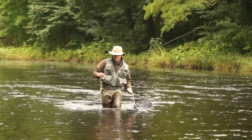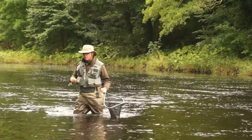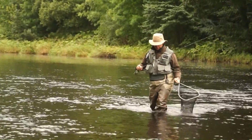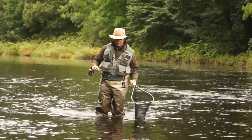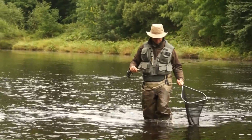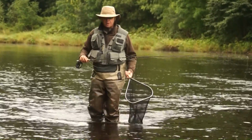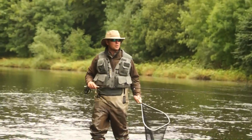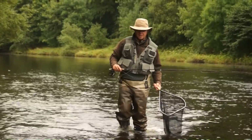Get it straight back. I've changed the fly to a pale watery. I've changed the outfit. I'm back onto my trusty old Sage 389 light line and a pure dry fly outfit. After losing that nice fish in the tail, moving towards the faster water to try some nymphing, and we saw one or two fish rise,